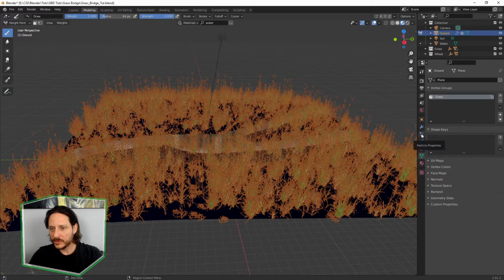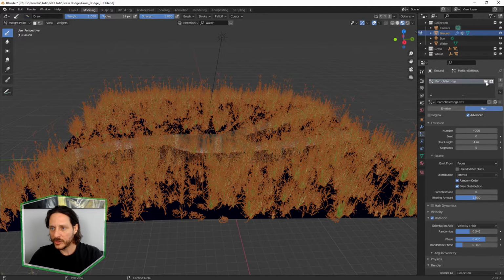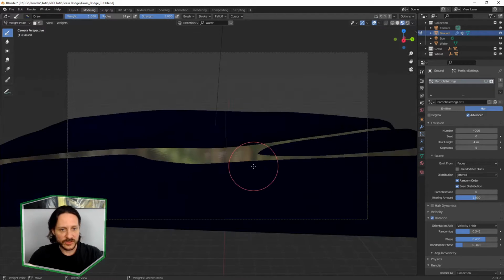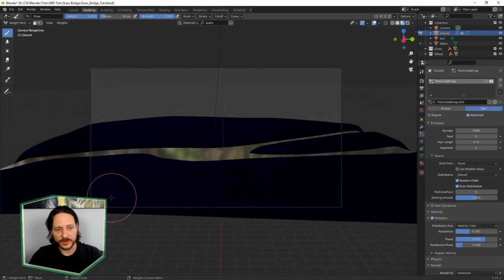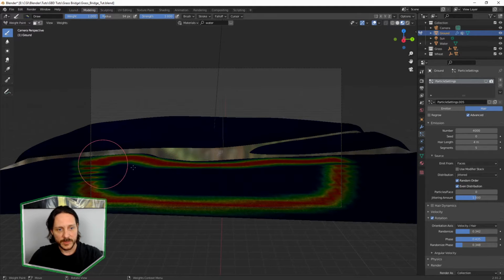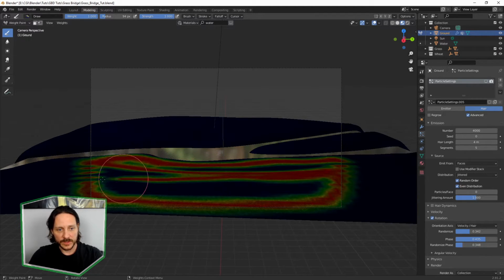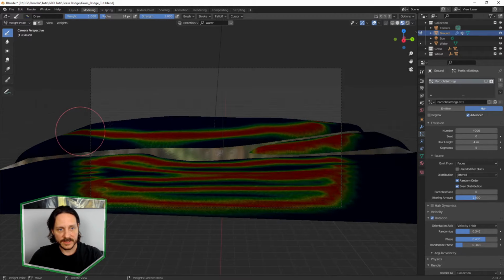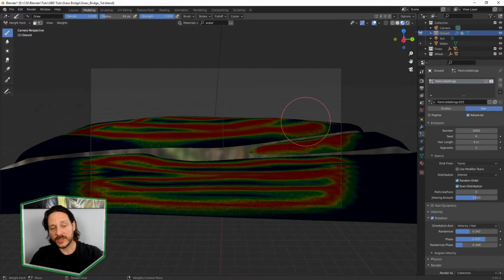I'm going to go to the particles properties here, and I want to turn off in the viewport the grass that we're looking at, so I can sort of see what we're painting. And I went to camera view so I can see where my camera sees, because if this is a still image, I obviously don't need to paint off camera because that would be a waste. So I'm just going to do a quick little back and forth here like this for that, a little there, and then let's get some back and forth over here as well. And right there is where I want our first particle set, our collection, to